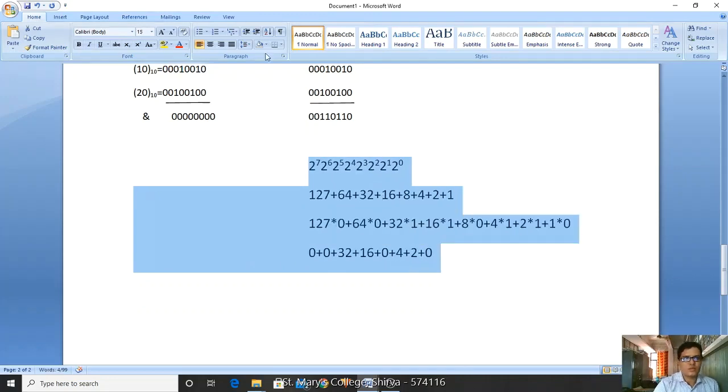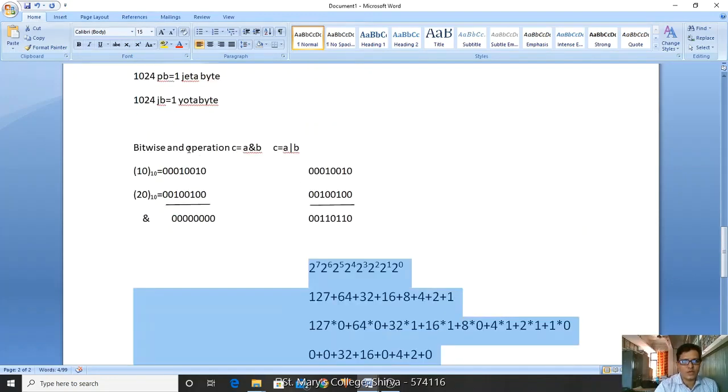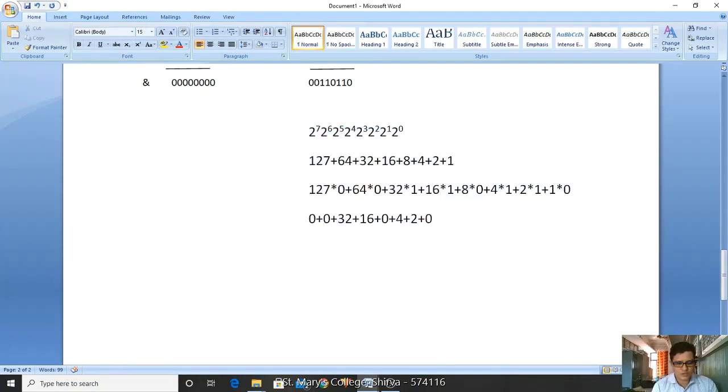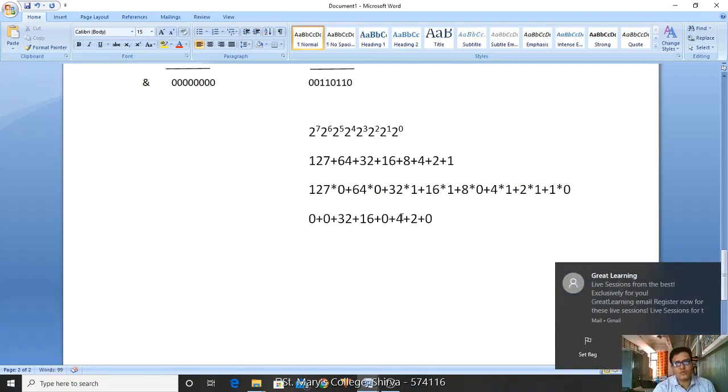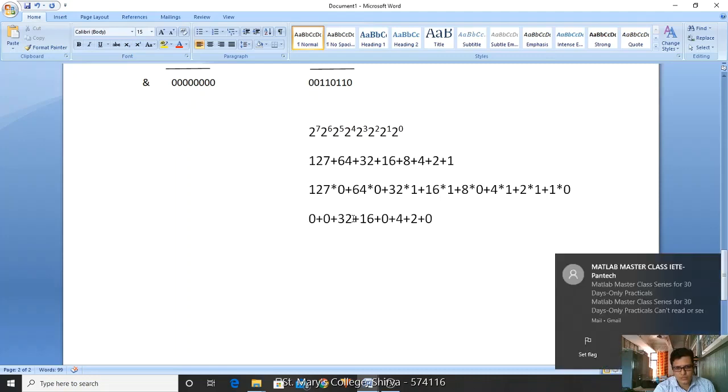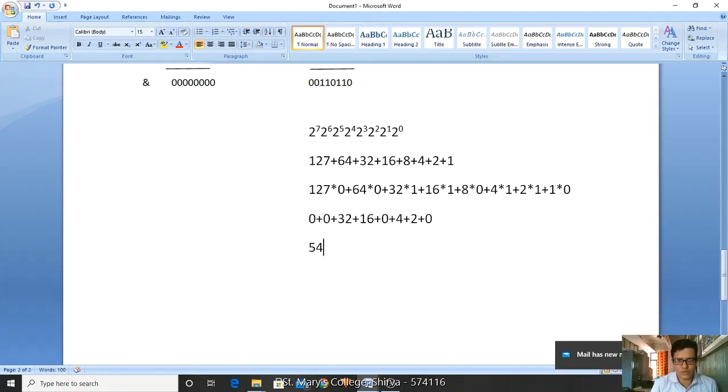Yes, I think it is visible, right? Yes, now let me check. The output is 32 plus 16, 48, 48 plus 4, 52, 52 plus 4, 56, 56 minus 2, 54, right? So the new value is 54. If I made any mistake, it is my mistake, not yours. Okay, sometimes it may happen, you just check it over.